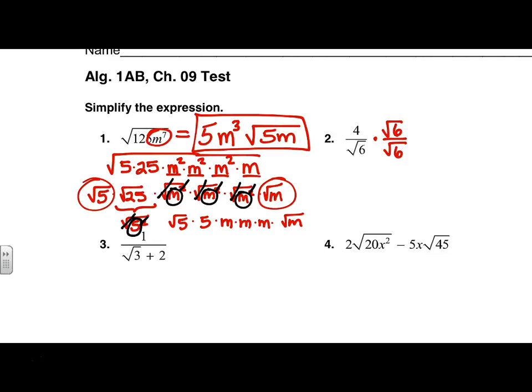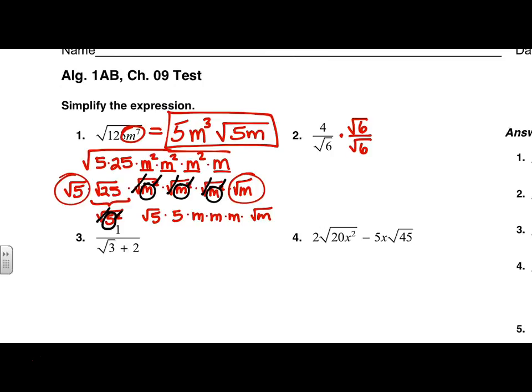So now we're at number 2. Now, fractions we multiply across, right? So on top we get 4 root x, and on bottom, how do I do a radical times a radical? It's 6 squared. Yeah, I can put the 6's together. 6 times 6 or 6 squared. And Tyler's right. If I have a squared, what can I do with the radical and the squared? Yeah, cross them out. So what's left in the bottom? A 6 alone, right? So I have a 4 and a root 6 on top, a 6 alone on the